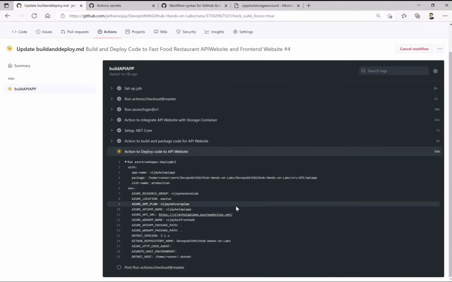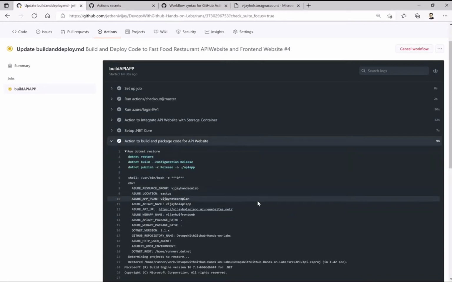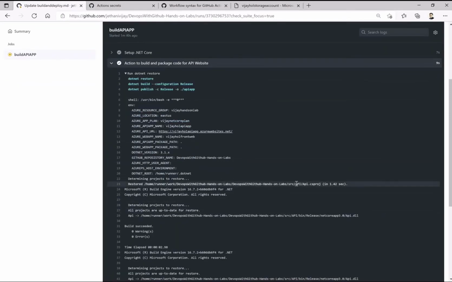It will follow exactly the same naming convention, and the repository name is also here. This will go into the release folder, from where it will fetch from that API app folder. So it should show here.